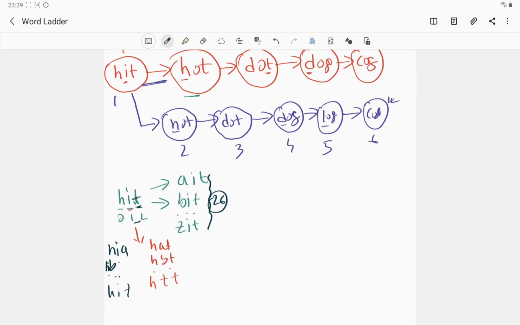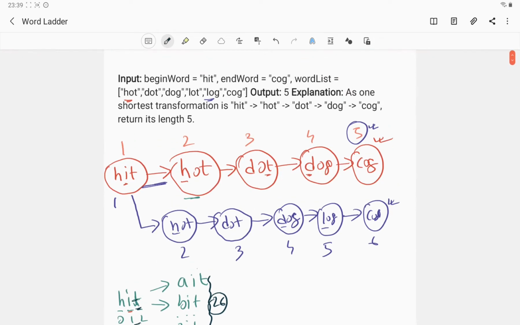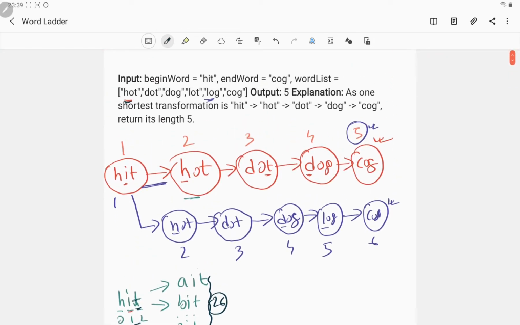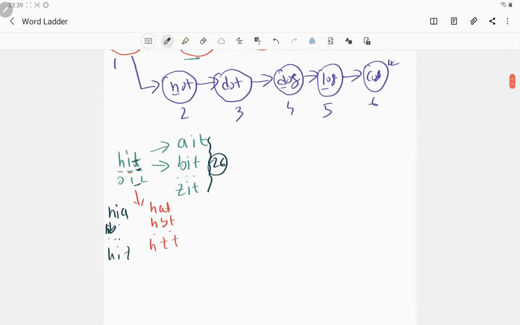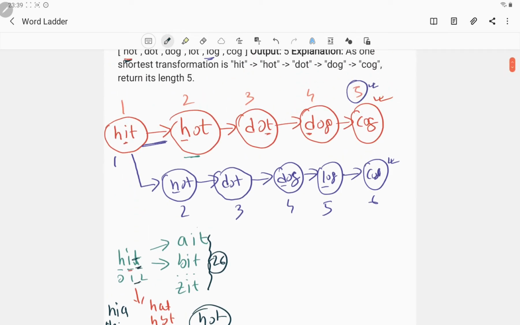But we should not consider all the words, we need to consider those words which are present in our dictionary, right? So in this case I can see there can be only one word, that is hot, right? So I need to consider that word only. But using this approach we can generate all the possible combinations. Then we can easily find out which words are present in our dictionary or not. If I see that any particular word is present in the dictionary, then that's a valid transformation, then we can consider that for further steps.